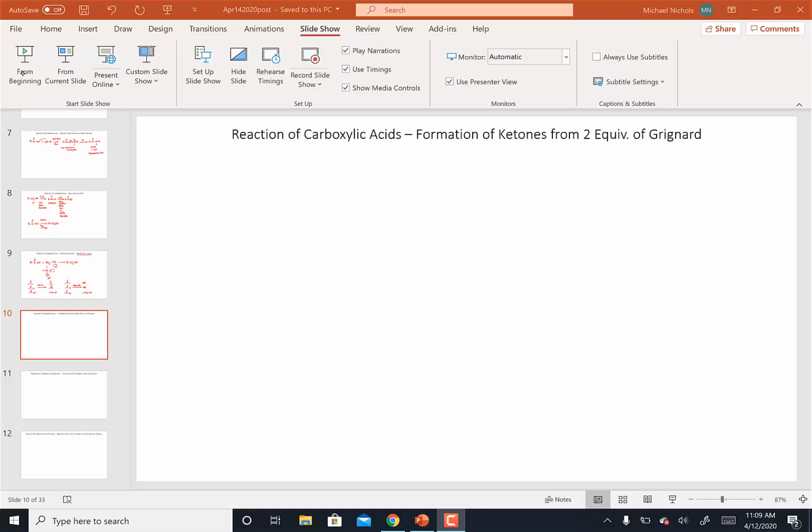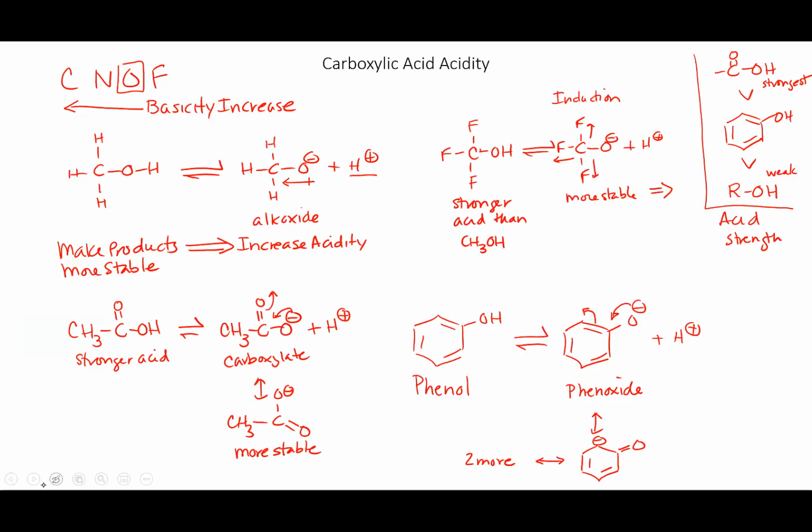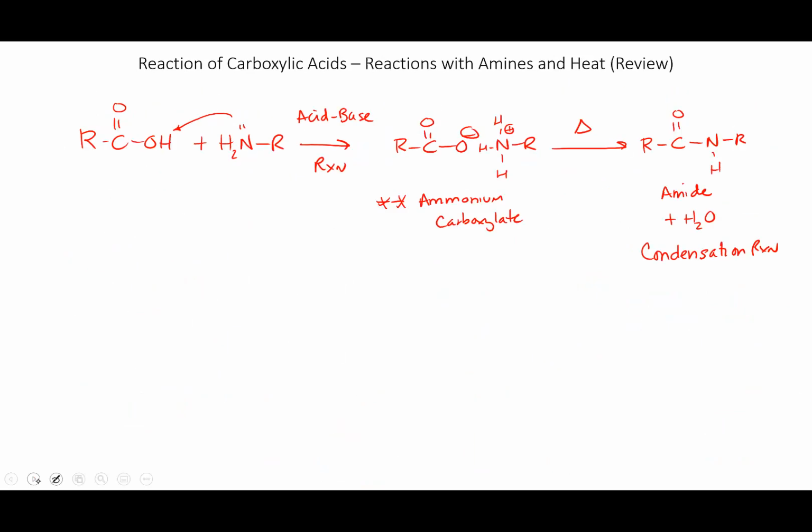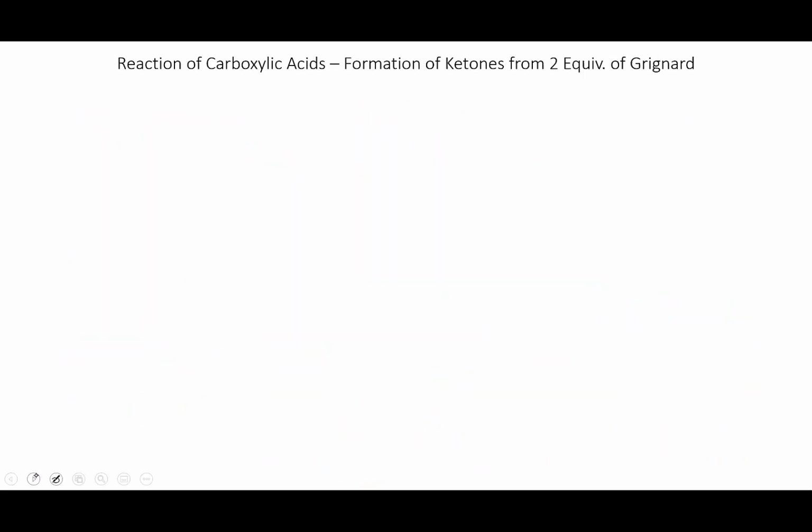Okay, continuing on talking about the reactions of carboxylic acids. This is a review reaction, how we can convert carboxylic acids into ketones using two equivalents of a Grignard or an organolithium reagent. So we talked about this in an earlier lecture, but just to go back, the idea here is that if